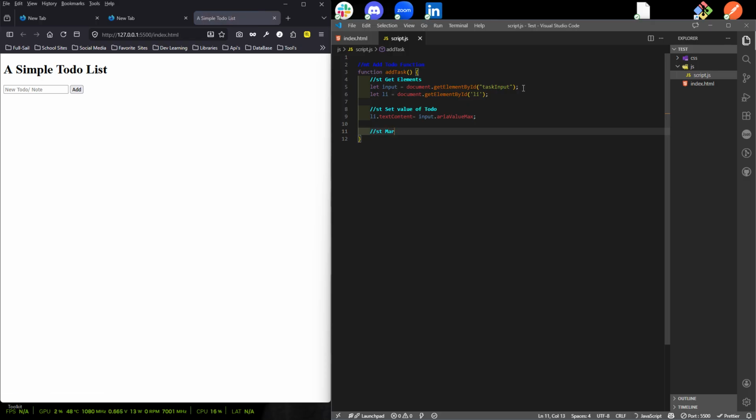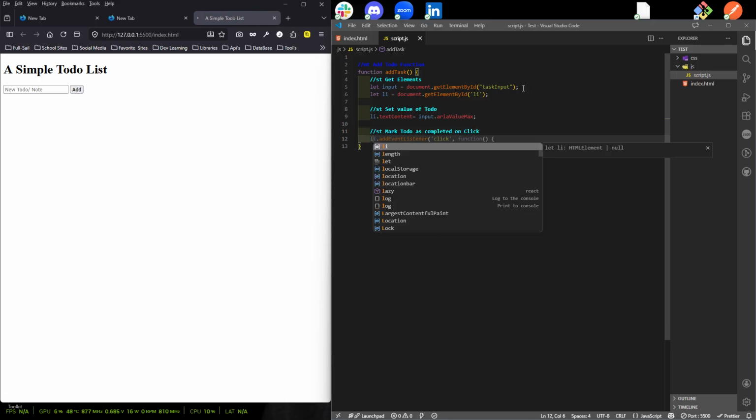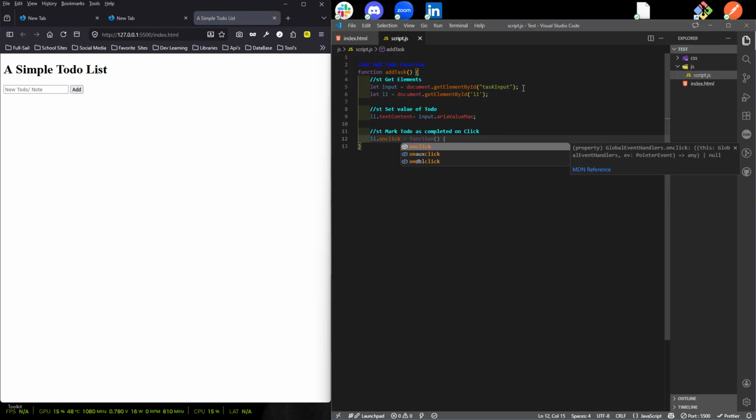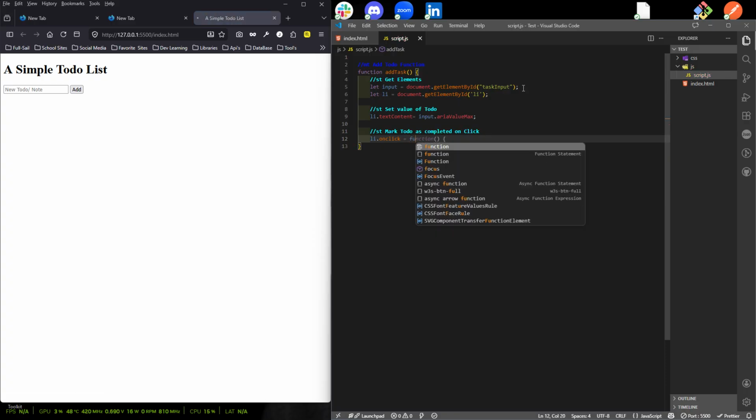So we'll label that mock to do as completed on click. And what we're gonna do there is an li dot on click. So basically we're doing an on click function in JavaScript instead of HTML. Okay, and that's going to equal a function